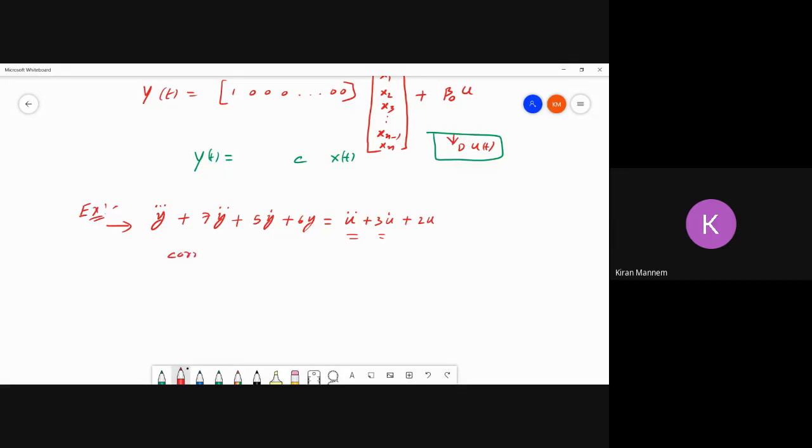The general equation is y triple dot plus a1 into y double dot plus a2 into y dot plus a3 into y is equal to b naught into u triple dot plus